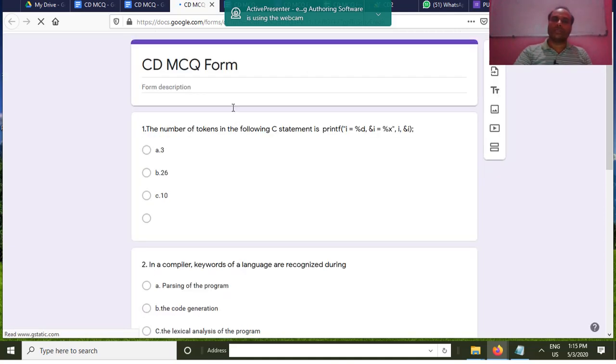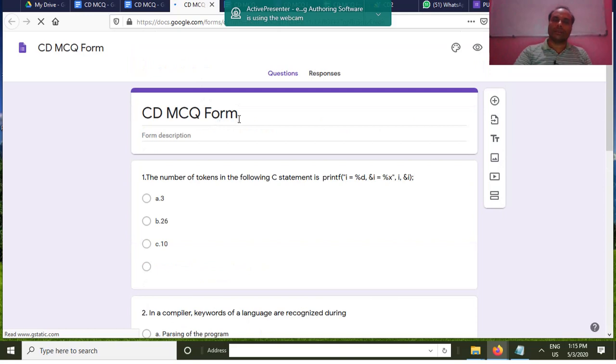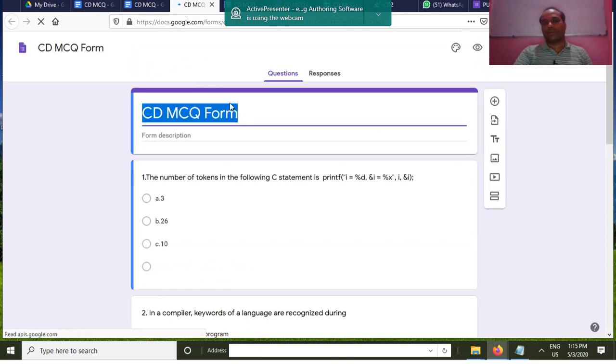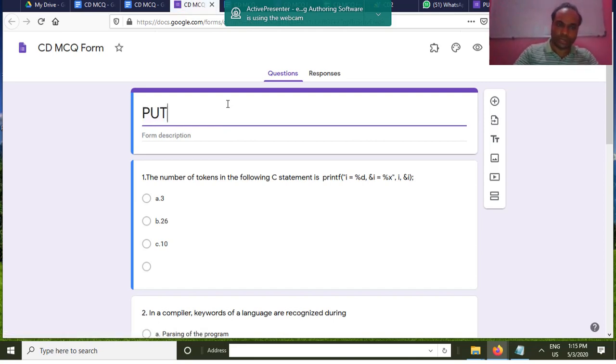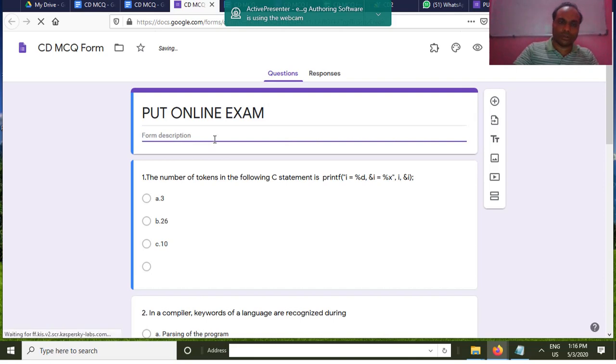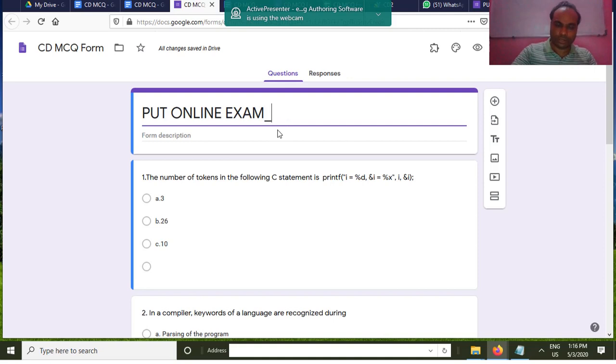Here you can change the title and description as per your requirement. For example, if you are conducting a PUT online exam, write PUT online exam. Next, in the description, if you are conducting it for the students of the 1920 batch, 1920 academic session, for the 6th semester, CSC and RCS 602, just provide all the details.